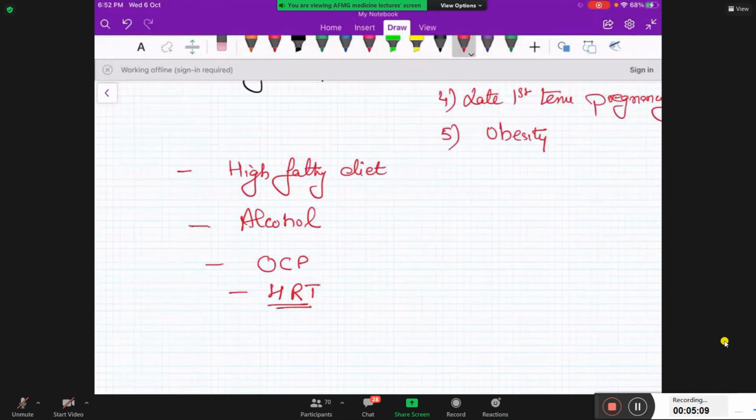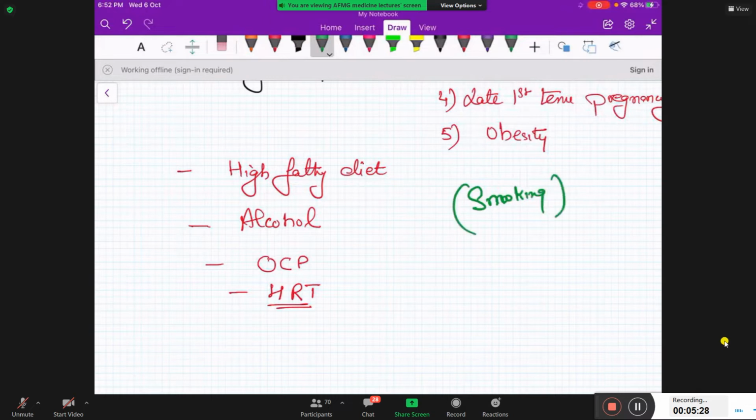Oral contraceptive pills and hormone replacement therapy also, right? And please note, smoking